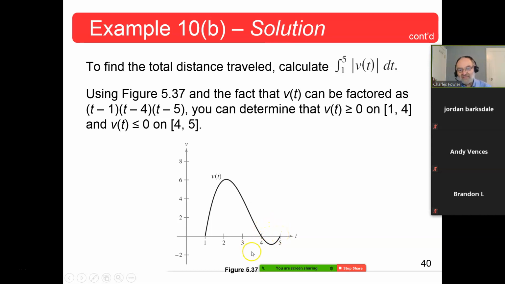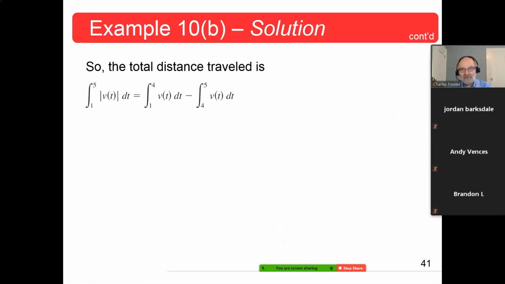So that's the negative of what you've got here. Because here it's below the x-axis, the negative of this will be above the x-axis. And that's why this second part of the integral has the minus sign in front of it. Because you're still integrating that velocity, but you're doing the negative of it because that was a negative velocity, total distance traveled, and that would only be from 4 to 5. 1 to 4 for that positive hump, minus the 4 to 5 for the negative hump. And that, I think, is where we left off before.